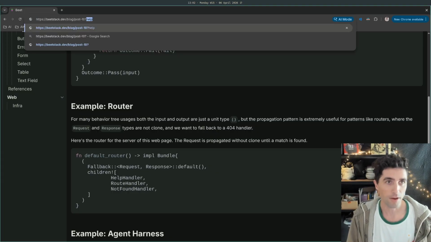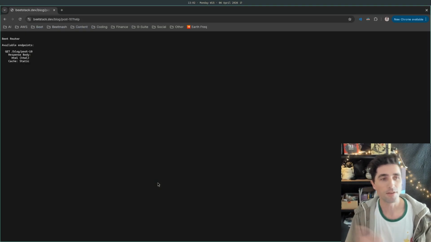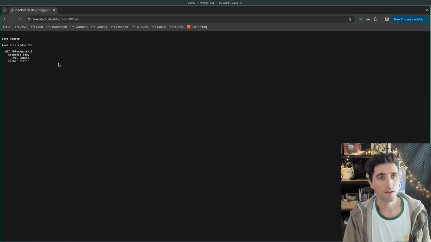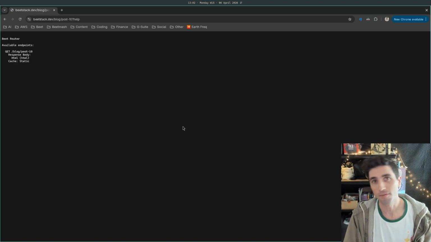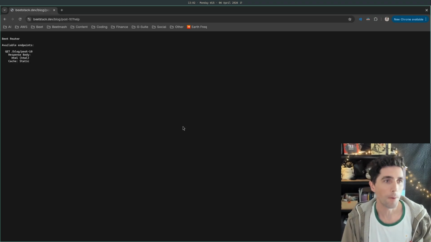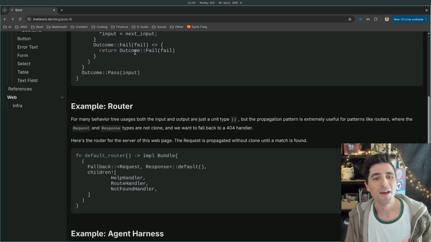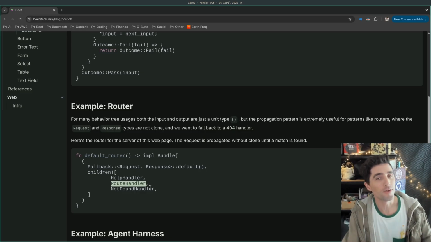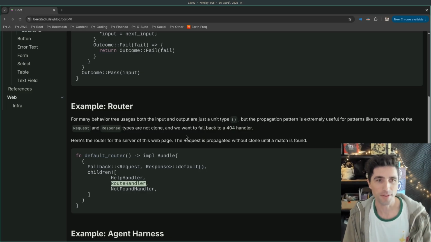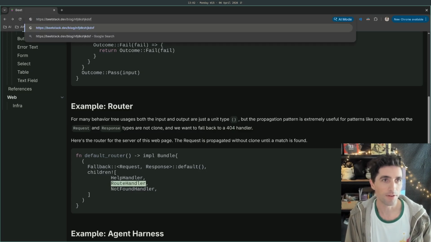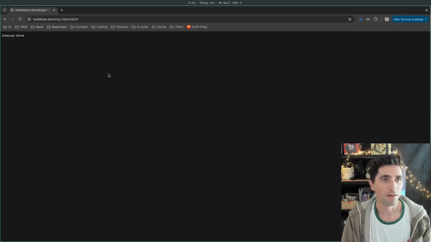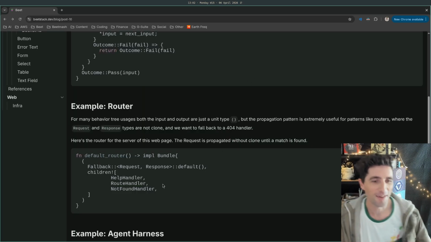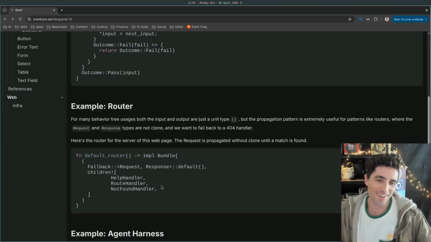So if I type in help, it's going to give me all the endpoints for this route, instead of rendering the route. There's only one. If it doesn't get that, it passes the request on to the route handler, which is what we're seeing here. And if that doesn't do it, then we can do the not found handler. Oh, internal error. Pretend you didn't see that. Okay, something's not working there.